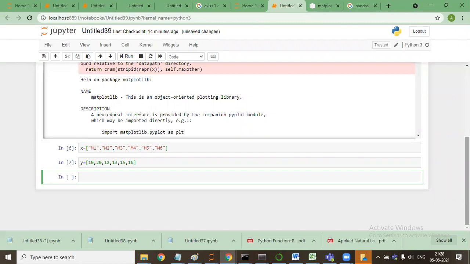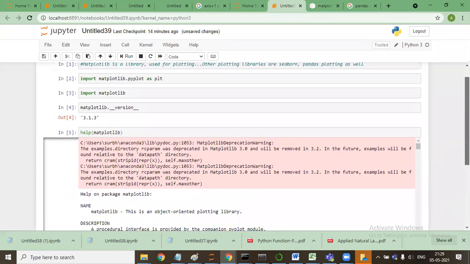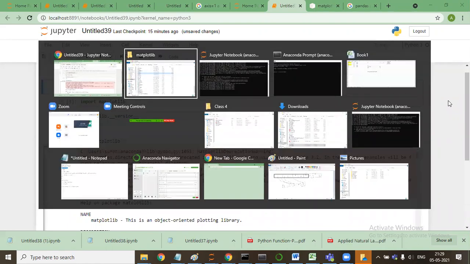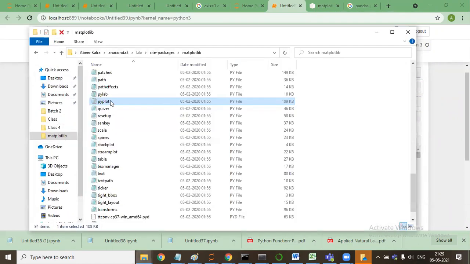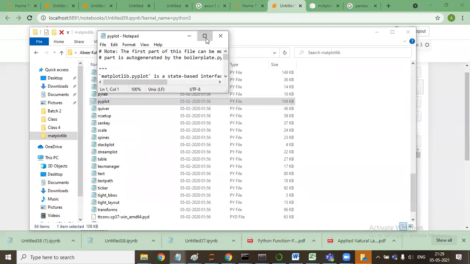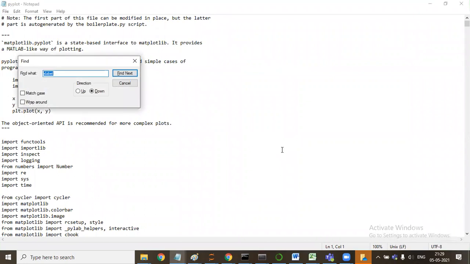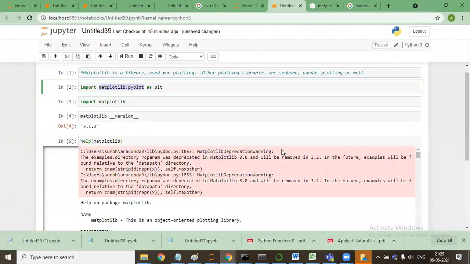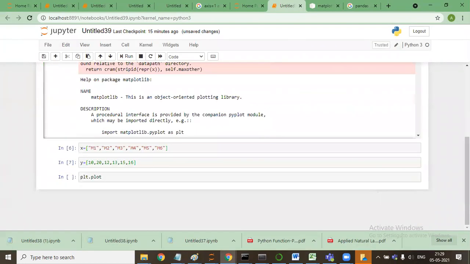If I say plt dot plot, what is this plt? Plt is matplotlib dot pyplot. I used plt dot plot here.